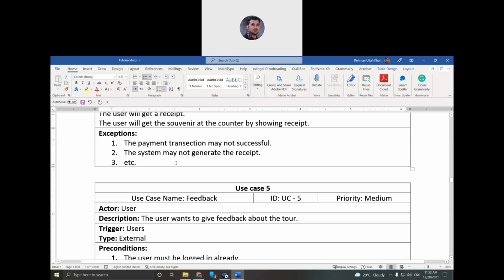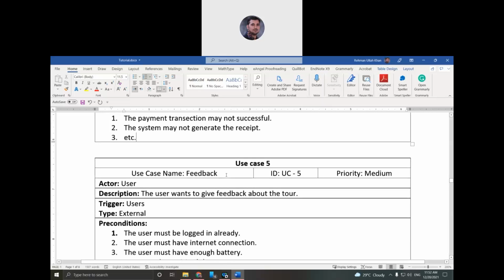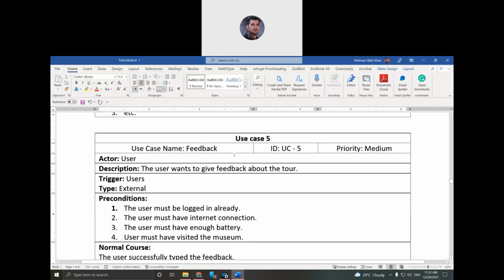Okay, so the user has already logged in, explored the museum, and purchased some souvenirs if they want. Another option is that the user wants to give some feedback, like a rating or comments. Sometimes the user wants to do it. So for that use case, the actor is the user, who wants to give some feedback about the tour.